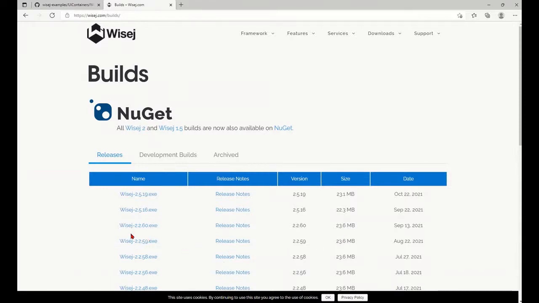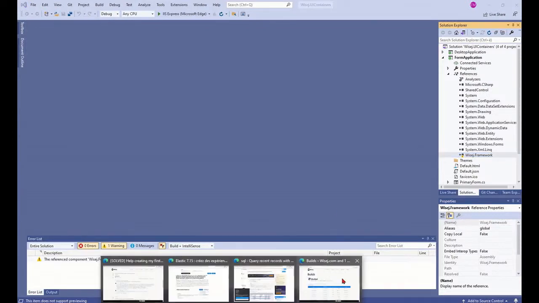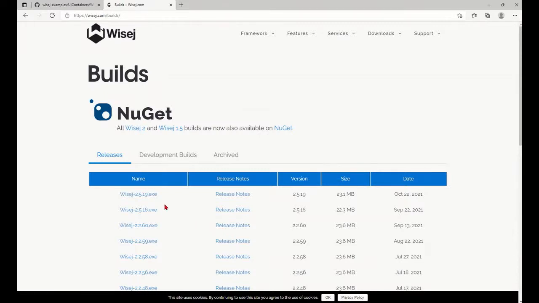In the previous version 2 installation, you were receiving YG framework reference in your templates. But today, with the latest version, it's no more the case. So when you install, you need to first install the executable. Once it is installed, you get the reference to NuGet package. We will see how you can convert it.